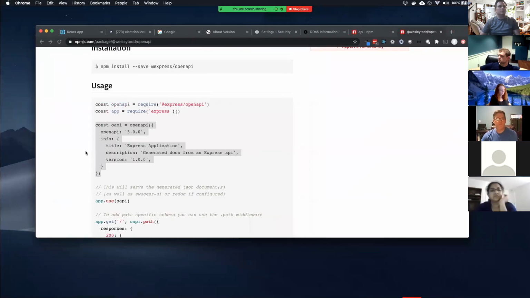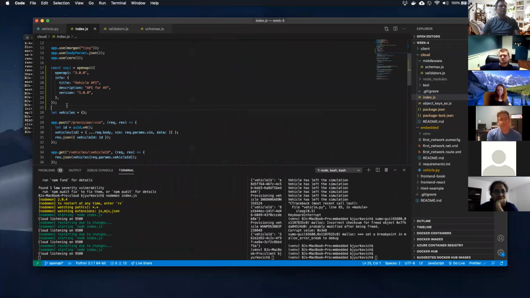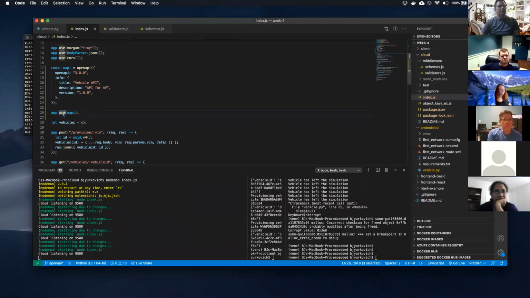And then what we got to do, we got to attach it to our request handler or our Express. So app.use middleware. So this OAPI, this may look a little bit weird, but you know how we put our function, our validator in middleware? That's all this is doing. It's just putting it in line. We're just saying put it in line for every single route.